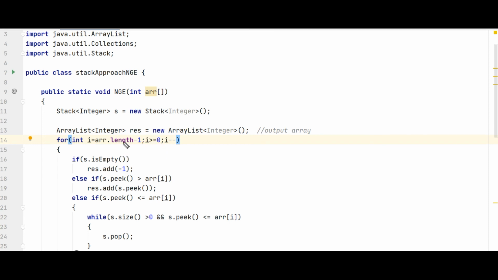Okay, now look carefully. So initially our stack is empty. So we are adding -1 to the array. Okay, in Java we add element using .add method. Now if that was not the case, so let's write the array also.